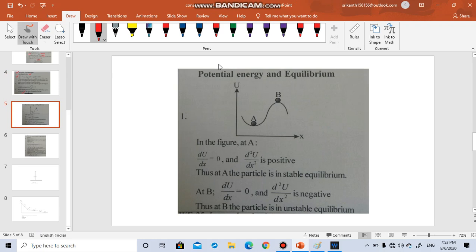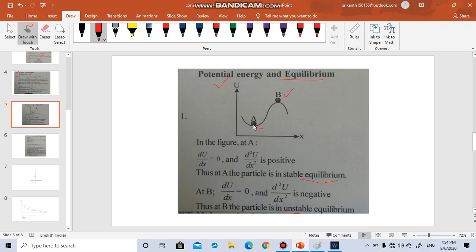Now potential energy and equilibrium. How the potential energy values are changing. You see a graph has been plotted between u and x. X, you can say r, but what is r? R is a position vector. Let us say it is a one-dimensional thing, only x will be there. If it's a 3-dimensional thing, x, y, z will be there. Okay, basically if you see a graph u and x, what is happening? You see at this location A, which type of equilibrium is this? This is a stable equilibrium, and B is an unstable equilibrium.